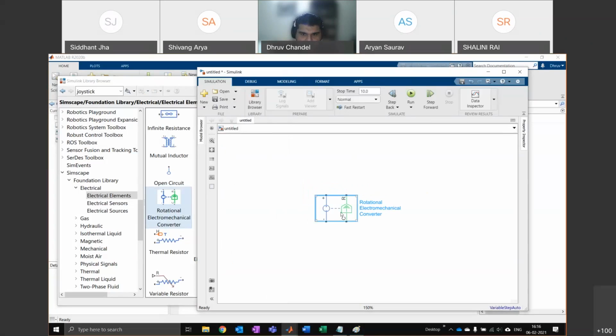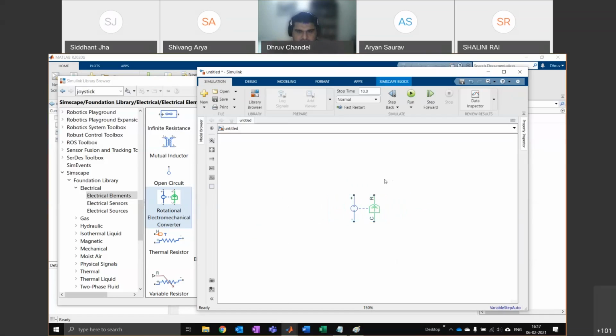What a rotational electromechanical converter does is take electrical energy on one side and convert it to mechanical energy on the other side. This is a Simscape block which has both the blue element and the green element, so this is electrical plus mechanical, which is exactly what a motor is, right? You can also use this block the other way around. If you use it as a generator and put in mechanical energy, it will be able to generate electrical voltage. So the energy can go both ways. Right now, we are going to drive it from the electrical side.